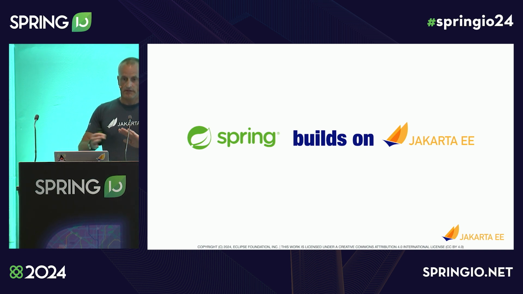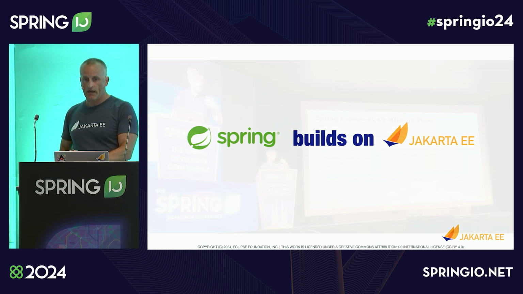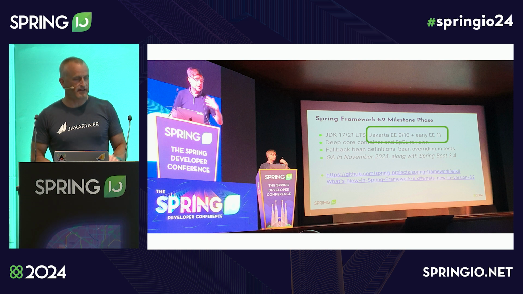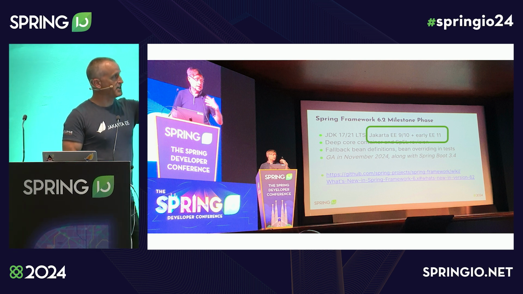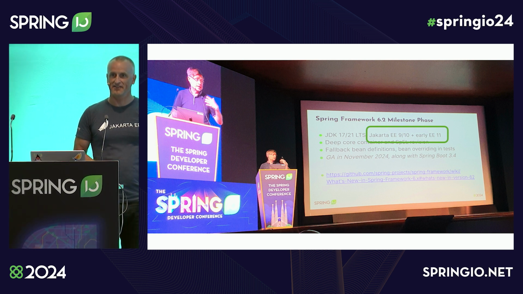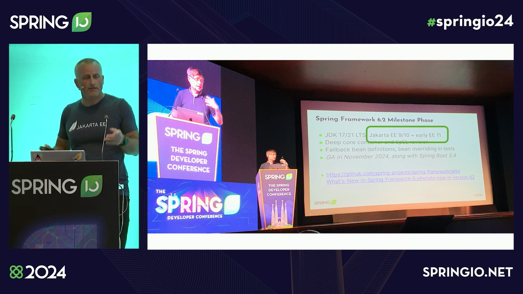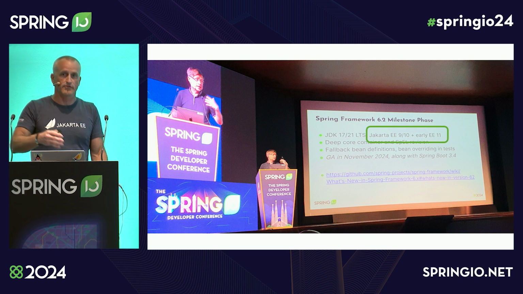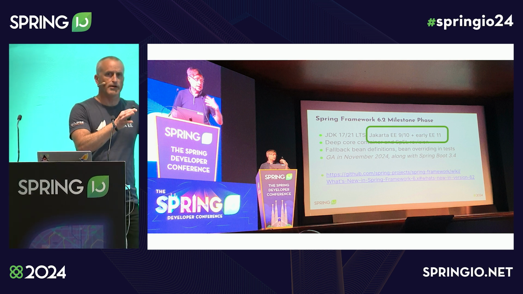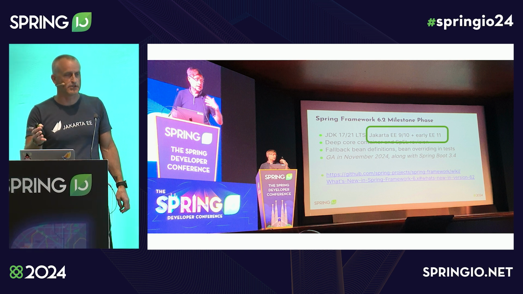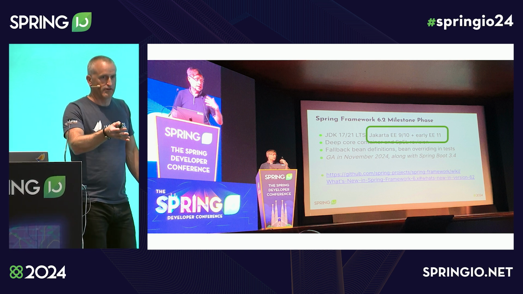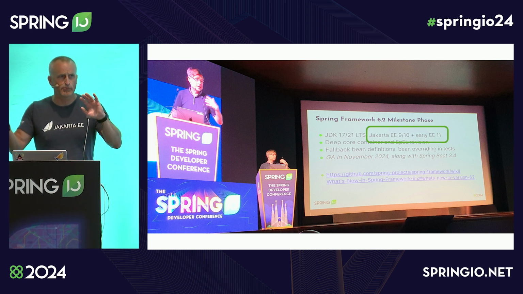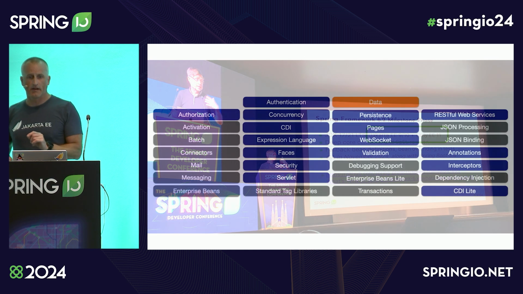So Spring builds on top of Jakarta EE. And if you noticed at the keynote this morning, the next version of Spring is saying Jakarta EE 9, 10, and early 11. So which is it? Well, we don't know. They pick and choose. So you never know what you get when they upgrade the Spring Boot version from something to something. There's suddenly some new APIs, and that can be between a milestone build and the final release. They probably suddenly bump the major version of servlets. So you have to just be aware of what you're running on,